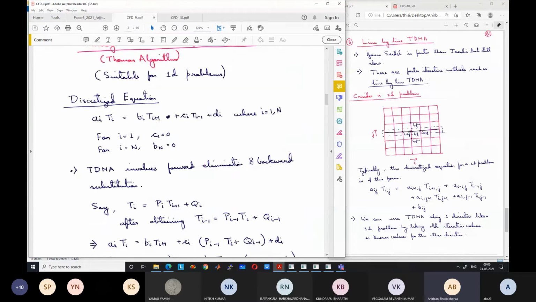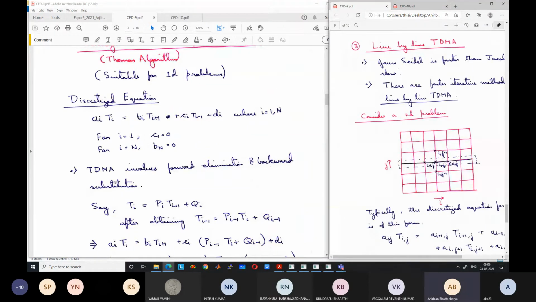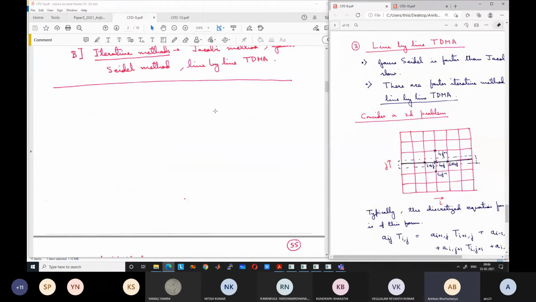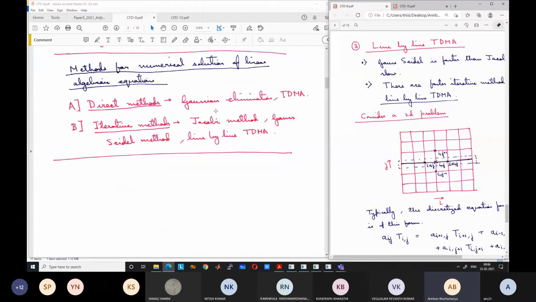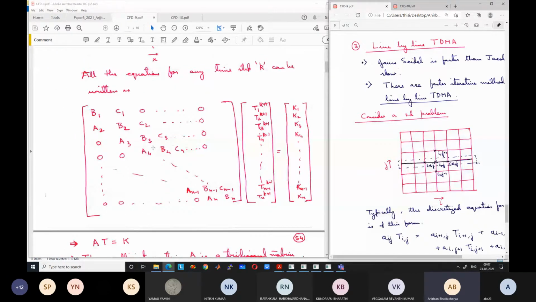is very suitable for 1D type of problems where you have the unknowns in a single row, so that for any grid point, the equations have its two neighboring grid points as the unknowns. So the equations form in a tridiagonal form like this. That's why we use the method known as the tridiagonal matrix algorithm for solving this set of equations. We can also use general methods like Gaussian elimination, but these are very slow. That also we have discussed.